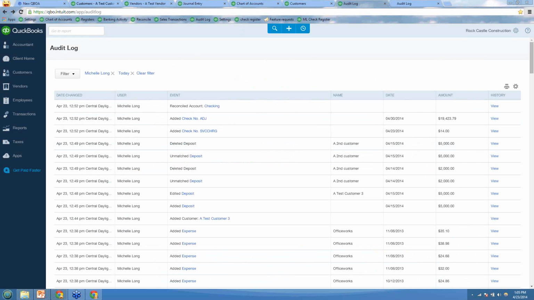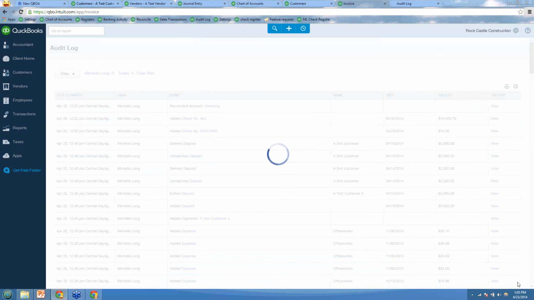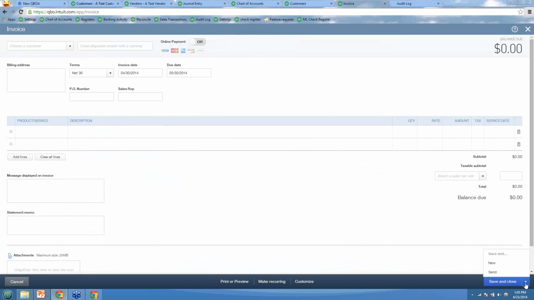Somebody says, when creating an invoice, it requires an email address. It doesn't. You don't have to do an email address. In the invoice window, down in the bottom right corner, you can use this keyboard shortcut for save and close, or save and send, or save and new. So if it says save and send, just click on this upside down arrow right here, or use the keyboard